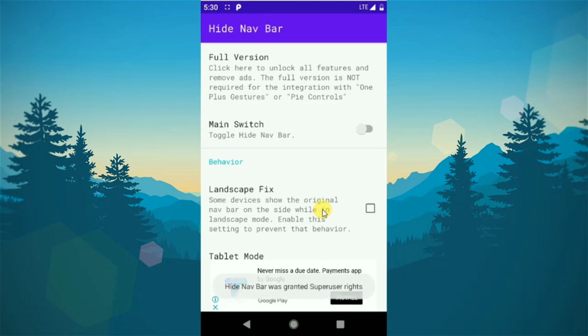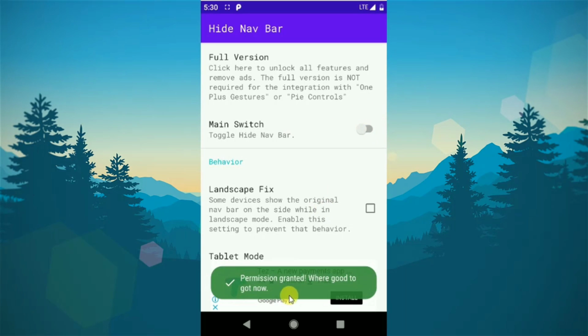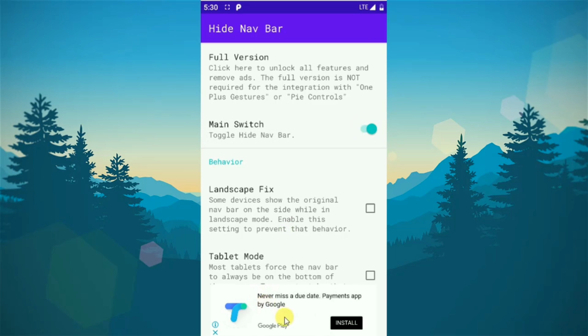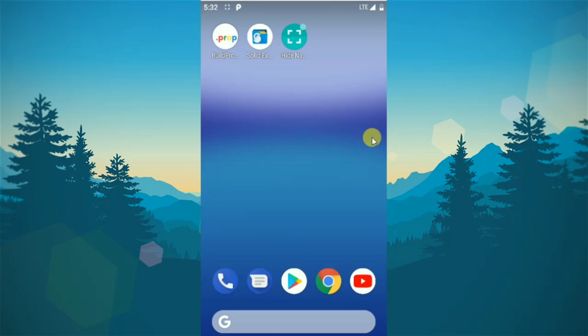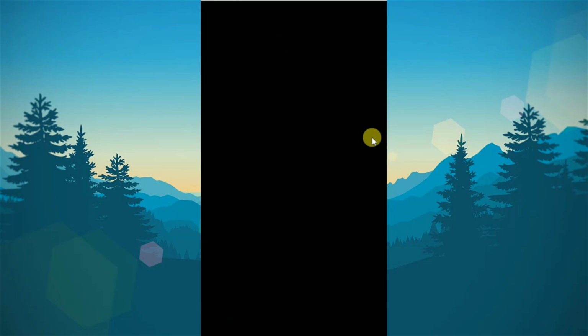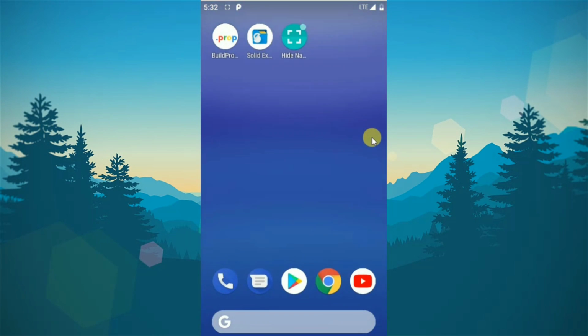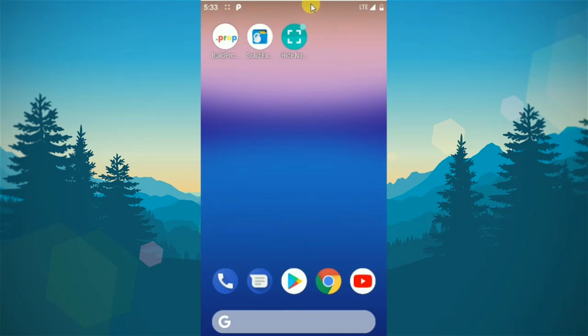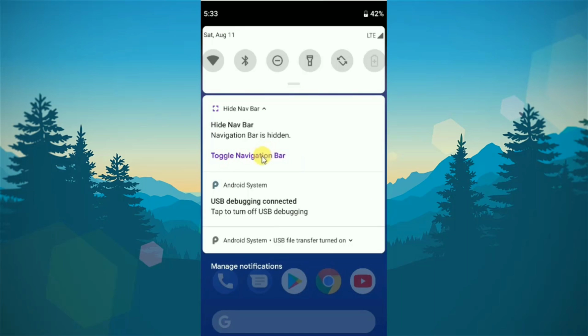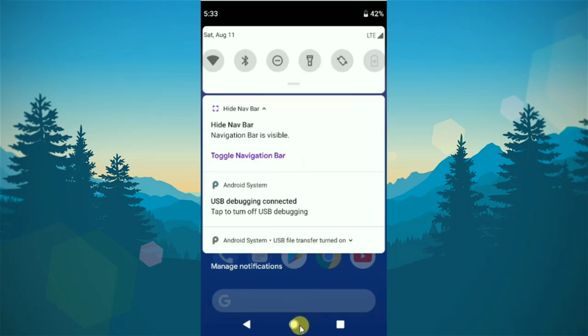Grant the root permissions and there will be an option, main switch. By enabling this option, the navigation bar will be disabled. By disabling this option, the navigation bar will be enabled again. And you will not observe the navigation bar at any position. And if you want to enable the navigation bar again, you can simply toggle the navigation bar from the notification